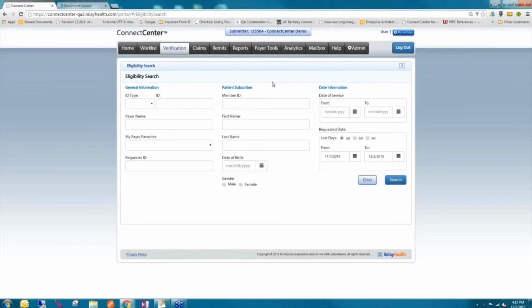Things like that. Are you within an episode? What are the skilled nursing days? Things like that. We're trying to arrange that information to make it more consumable, more useful as you do eligibility. The other thing is that we are taking any eligibility